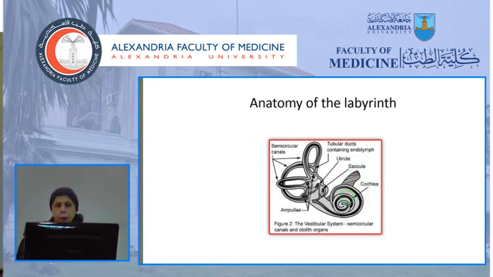This is the part we are so much concerned with, the inner ear or the labyrinth, and here are the 3 semicircular canals. As you see, 2 semicircular canals are present in the vertical planes, and 1 semicircular canal is present in the horizontal plane. And we have 2 patches here. One is present in the vestibule and is called the utricle, and the other is present in the saccule and is